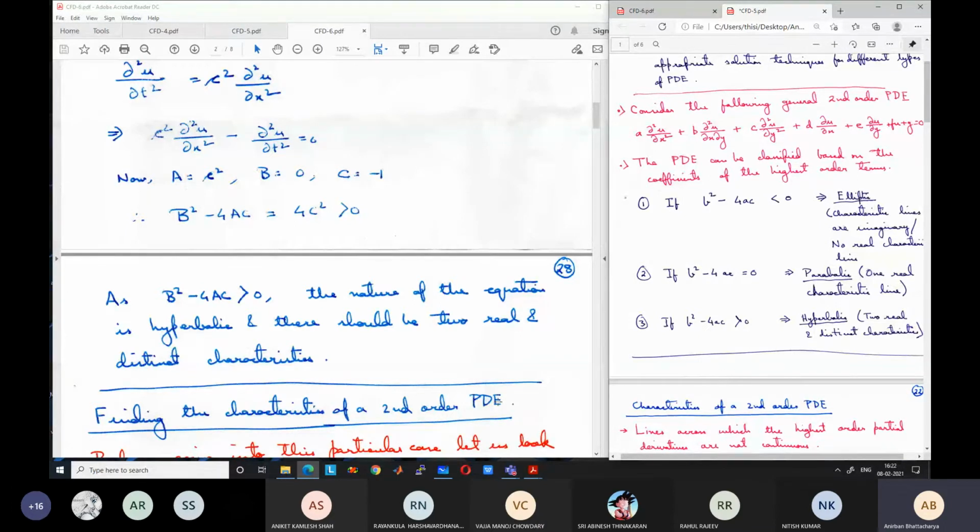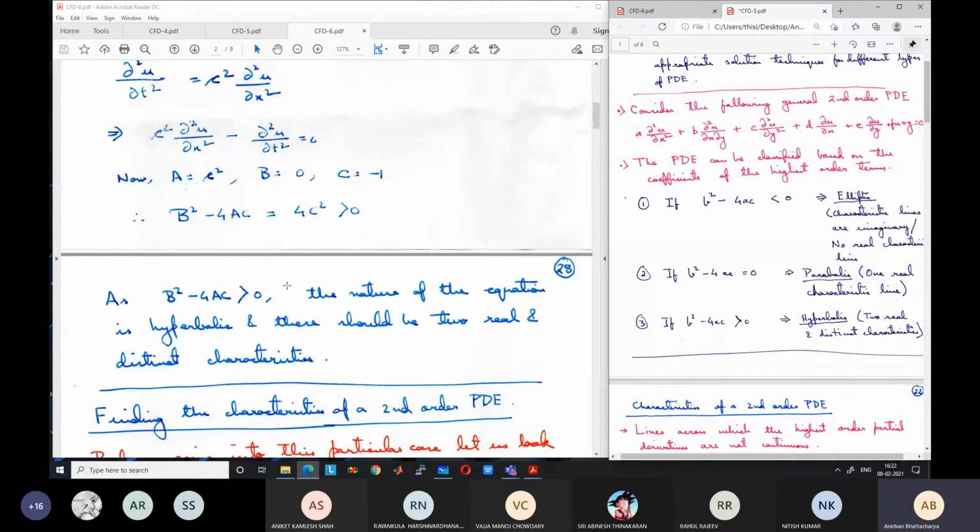But what does it mean? Why this classification that this is hyperbolic? Physically, what does it mean? What is the difference with elliptic or say parabolic equation? How does this problem behave differently? This sort of question we have to ask ourselves. Okay. And what does it mean that there are two distinct and real characteristics? You are stating that there are two distinct and real characteristics, but how can I see where these characteristics are? How can I plot them? Okay, these are the questions that we need to answer.